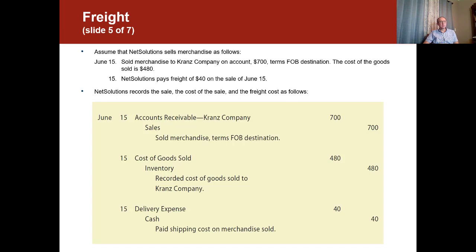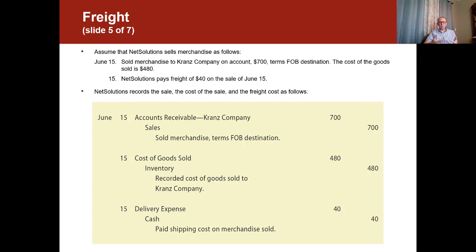Assume that Net Solutions sells merchandise as follows. On June 15th, they sold merchandise to Kranz Company on account, $700, terms FOB destination. The cost of the goods sold is $480. And then Net Solutions paid freight of $40 on the sale of June 15th. So try to remember